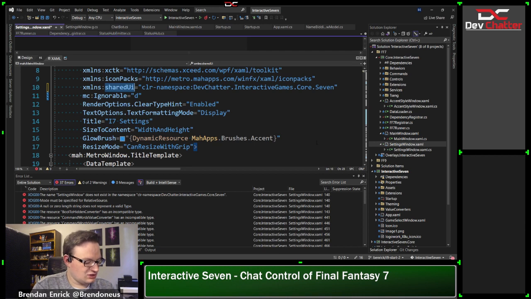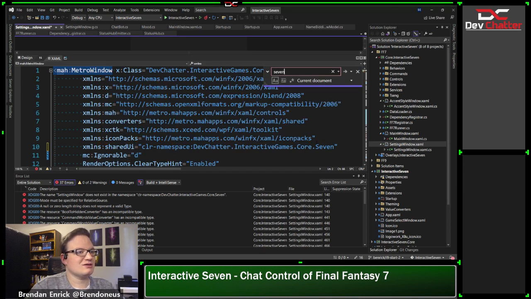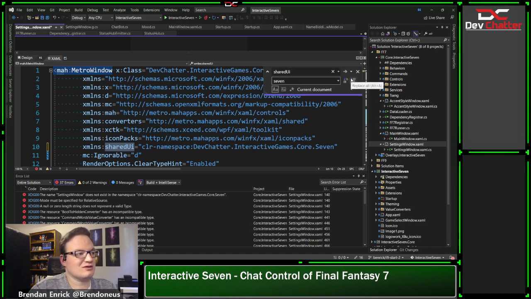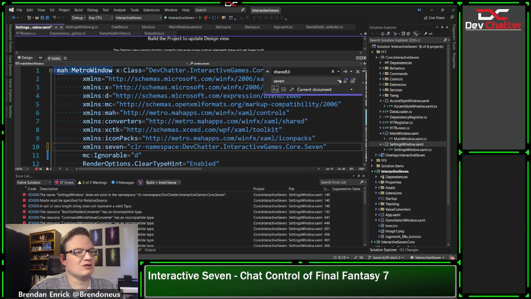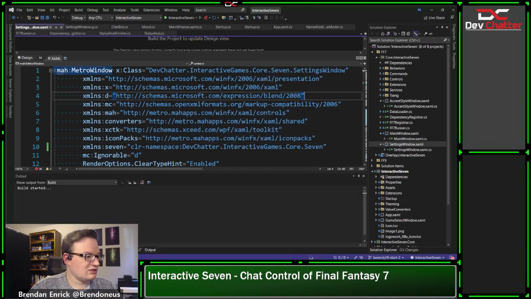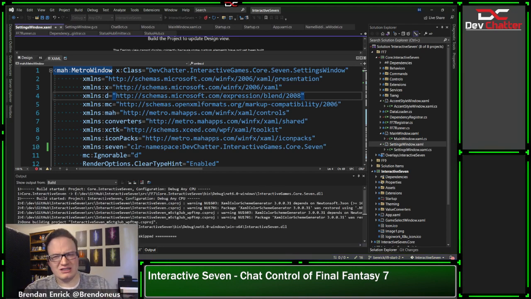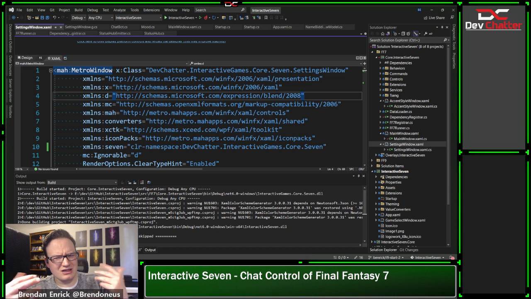And instead of shared UI in this document, it should be called 7. Whoops. Shared UI should get replaced as 7. 2 occurrences replaced. Good job. Now, hopefully this rebuilds. So inside, for anybody that doesn't know XAML very well, you basically define the tag